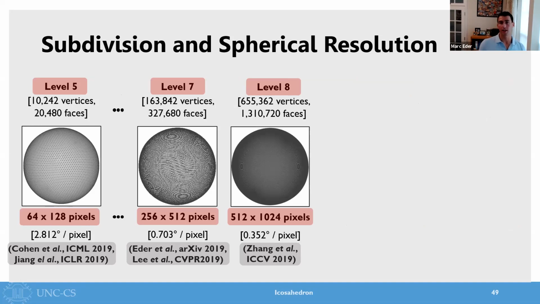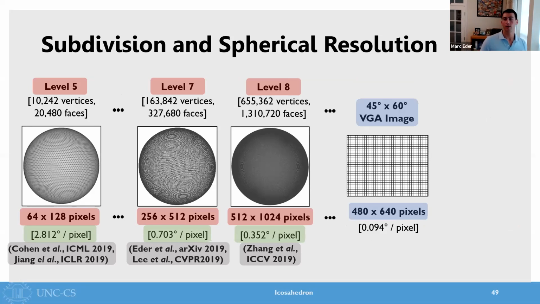But I want to draw your attention to these numbers I'm highlighting in green right now. These are the angular resolution per pixel in the image. This is the number of degrees of our field of view that gets discretized into a single pixel. Now, if we compare this to a standard VGA resolution central perspective image, this VGA image has an angular resolution of